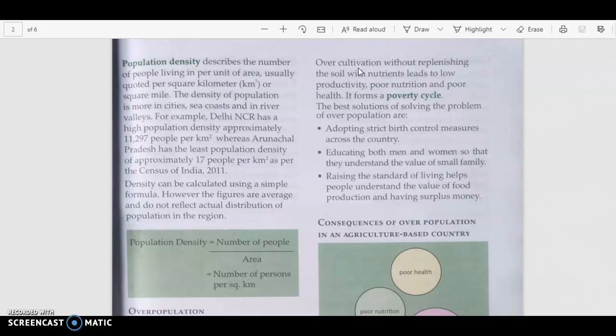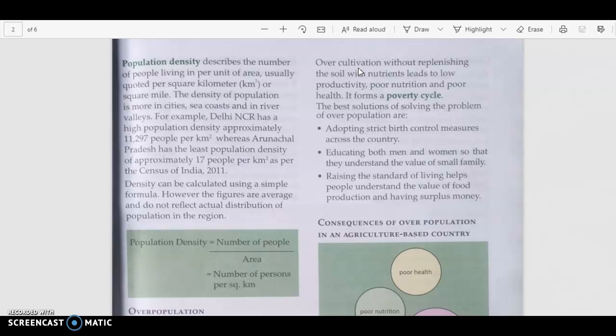This leads to poverty cycle. The best solution of solving the problem of overpopulation is, first, adopting strict birth control measures across the country, making people aware of the benefits of birth control measures so that they have a lower birth rate. Next is educating both men and women so that they understand the value of a small family. They learn the benefits of a small family, how much they can enjoy and use the resources which they